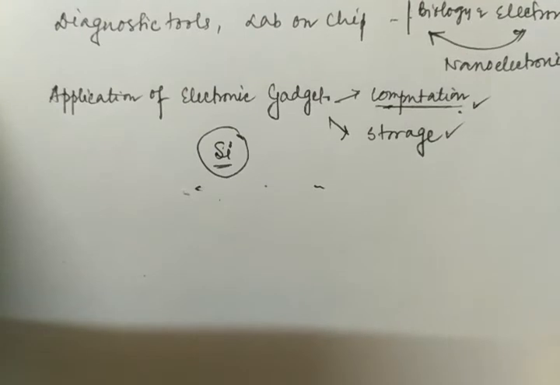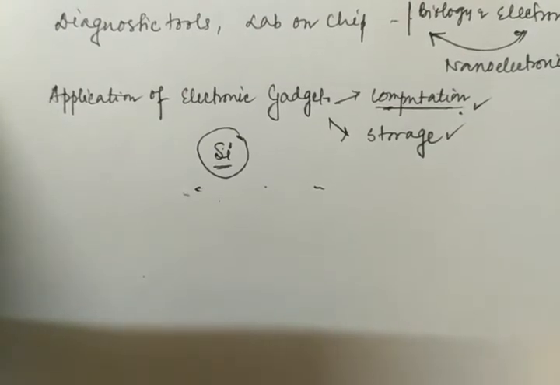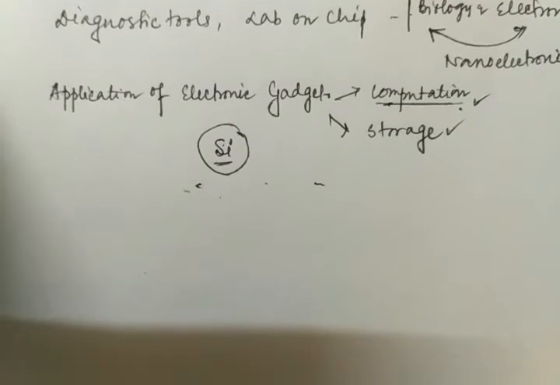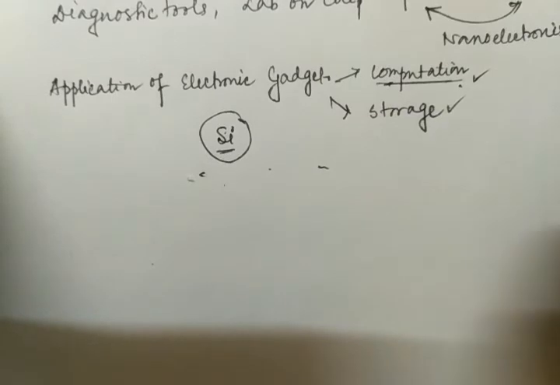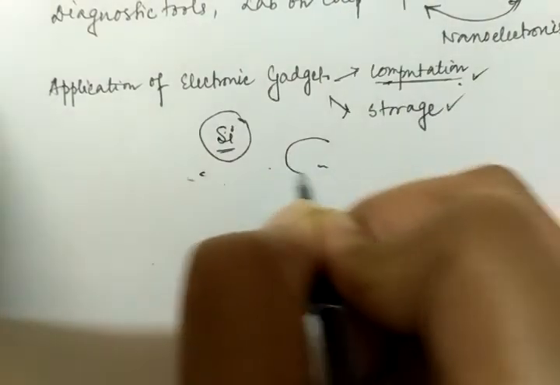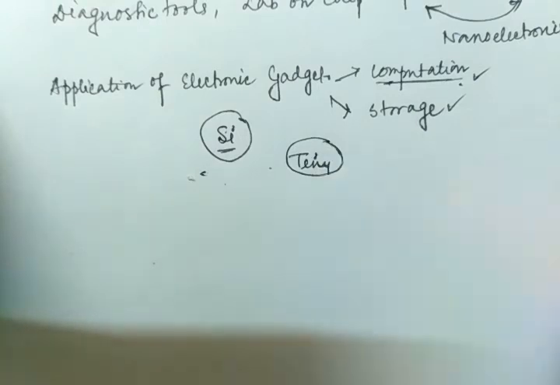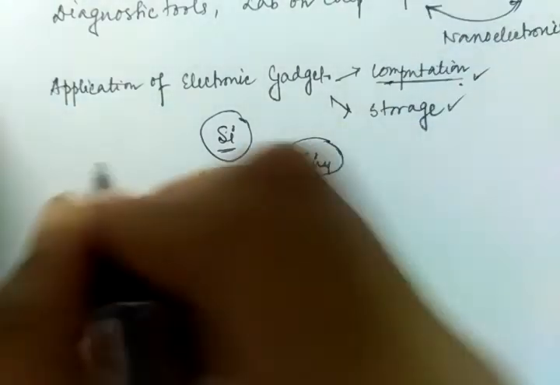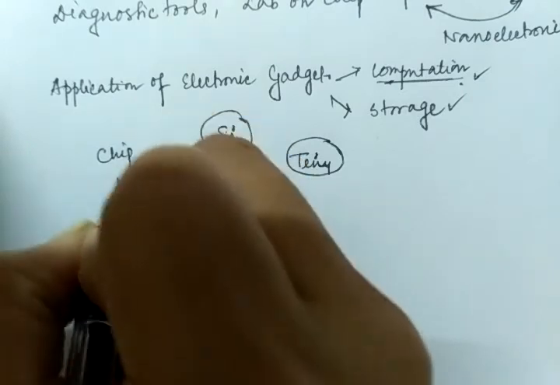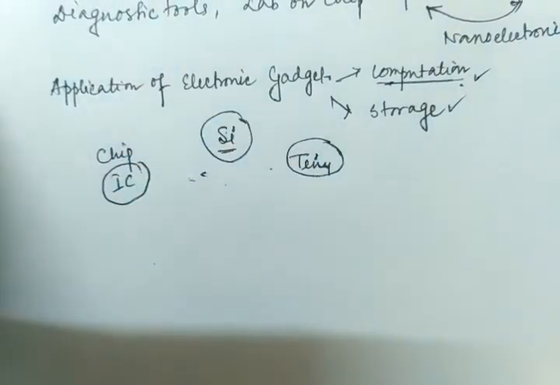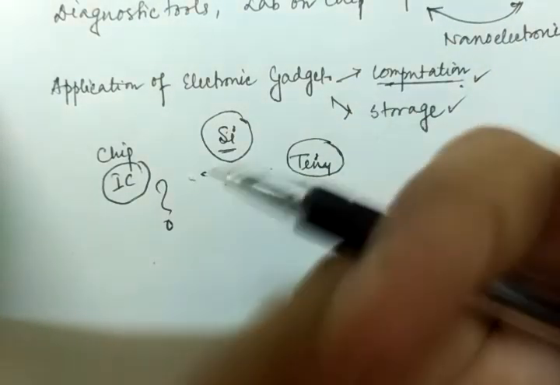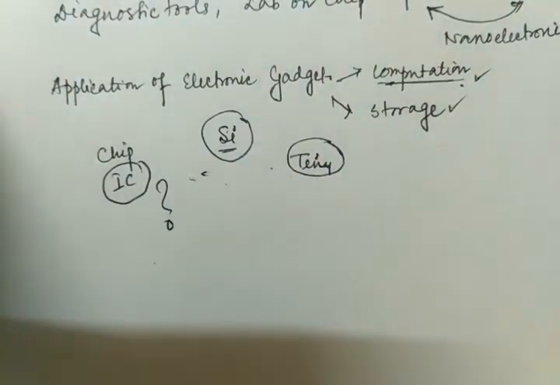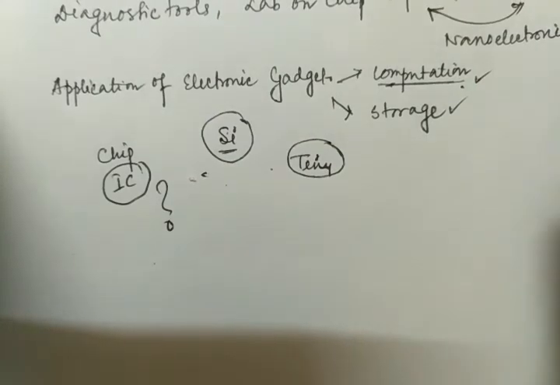Now nanoelectronics is a very big industry in today's scenario, as we have already discussed. Today all devices are tiny devices, right? One of the most important examples that we have already seen in our lab is the chip. Chip means IC, integrated circuit. But what is inside the chip? If we take a cross section of the IC, what is the internal view of that?